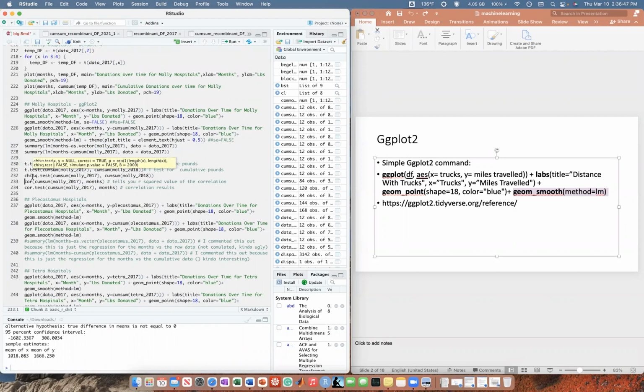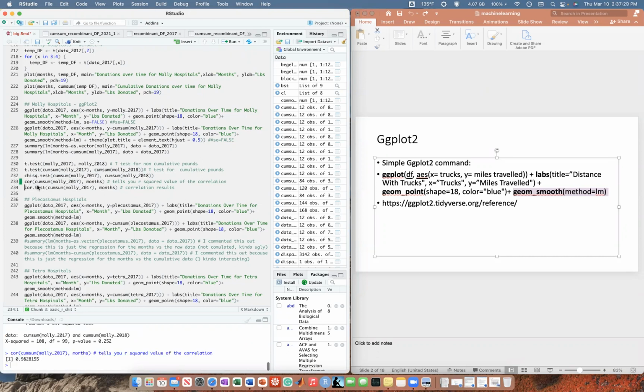This is a chi-square test for independence. So this chi-squared approximation may be incorrect. If you guys know a little bit of chi-squared, it mainly works for smaller data sets, not really big ones, and doesn't really incorporate a lot of variance that happens outside the variables you're interested in. Anyways, so chi-squared may not be the best approach to figure out if it's independent, if it's homogeneous or not, or whatever. I would use an ANOVA if you're too curious, if you really wanted to. Also, realize we're doing chi-squared between the cumulative sum of the amount of pounds donated from 2017 to 2018. I would honestly expect them to be homogeneous, but that's a different story.